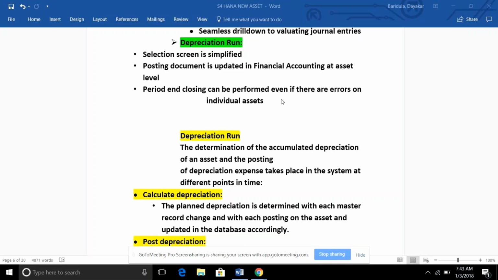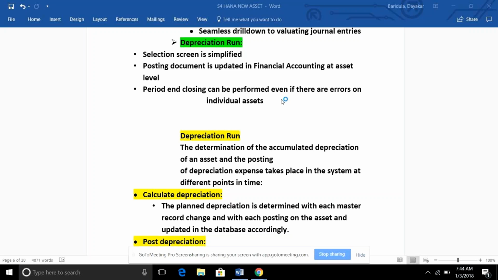Now in the new system, even if there are errors for some assets, you can post the depreciation. The system will post successfully wherever it did not find errors. For those errors, we can rectify in the next month or at any point of time, and then recalculate the depreciation for those assets. Those kinds of features are also added now.